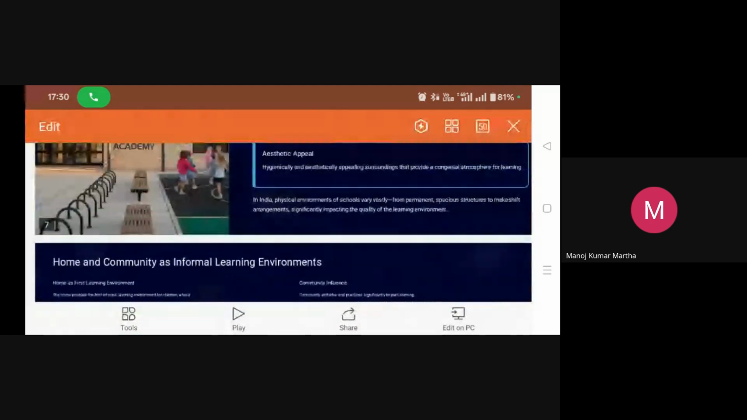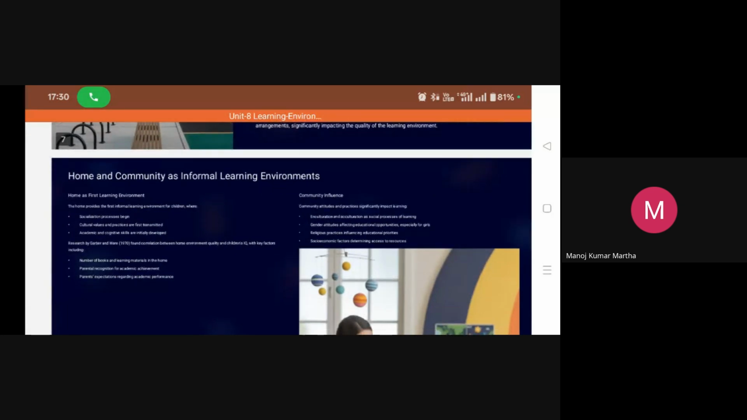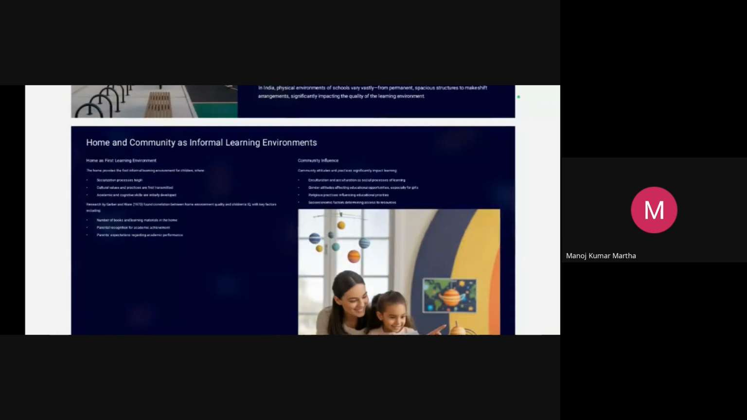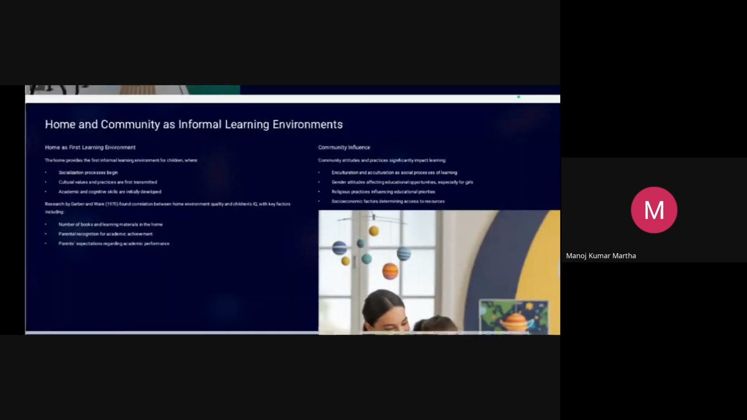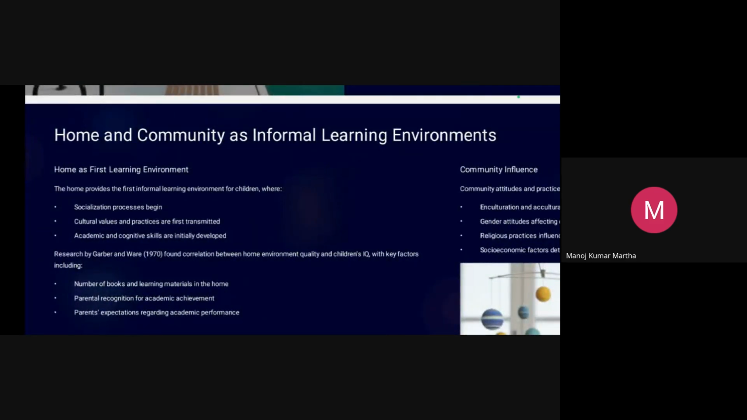Then let us talk about another environment, what we call home environment and community environment. Home, as we know, is the first educational institution of a child, and here a child learns different kinds of things. The home provides the first informal learning for a child, and where his socialization process starts, and the family